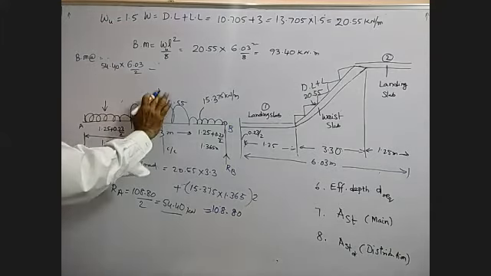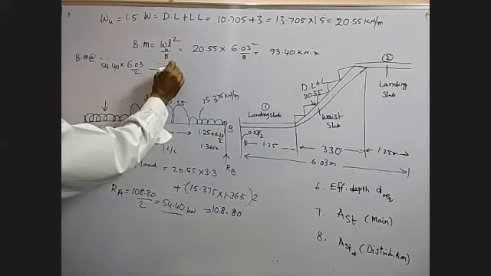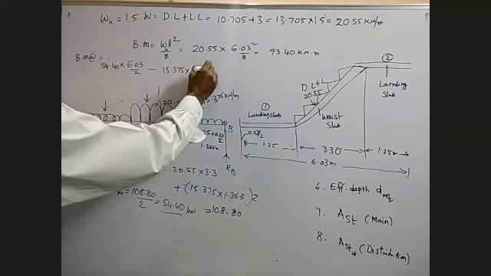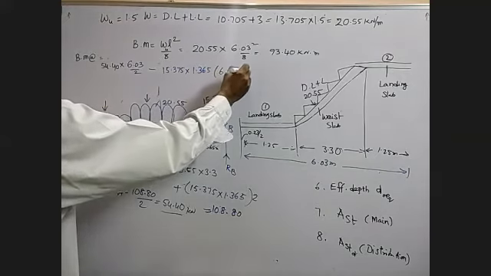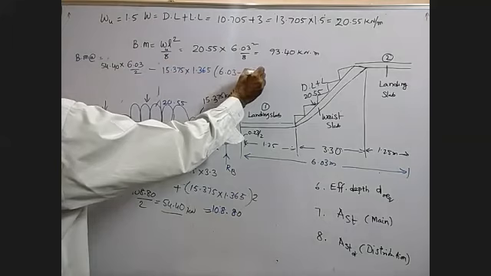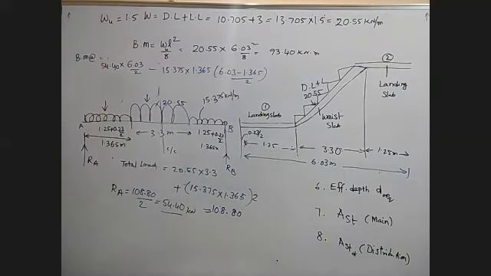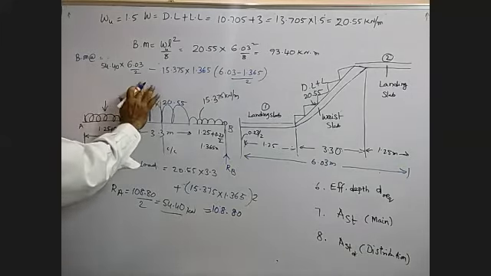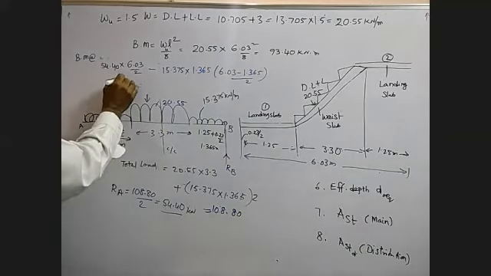Okay. Now here, 15.375 into 1.365 into (6.03 minus 1.365) by 2. So you will get the bending moment of minus, at the center, 20.55